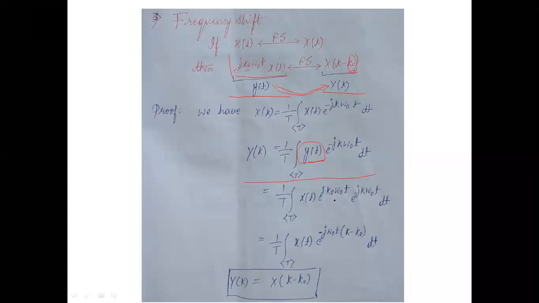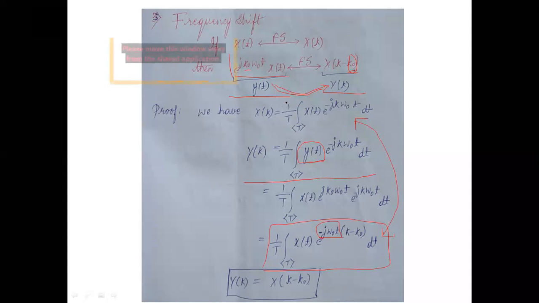Okay, so here you have two exponential terms after substituting for y of t. In that I can take e raised to minus j omega naught t as common. So if you take that, you are left with k minus k naught. Fine. Now what corresponds to this expression? Now if you observe the first expression and compare with the last expression, what you have got. So when you compare these two, what do you understand?